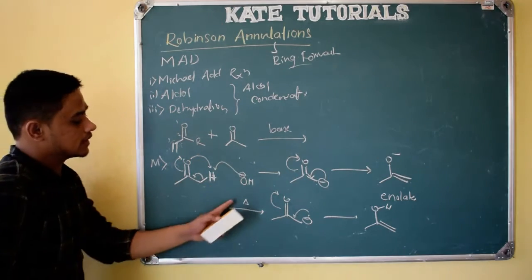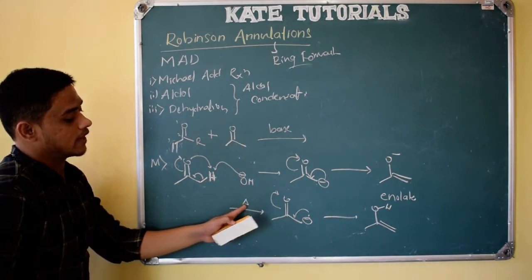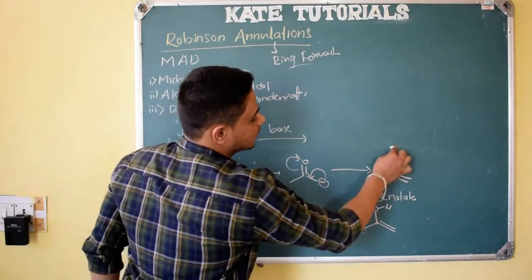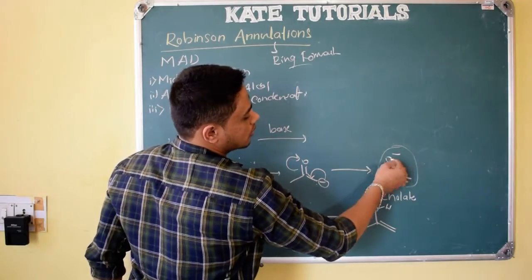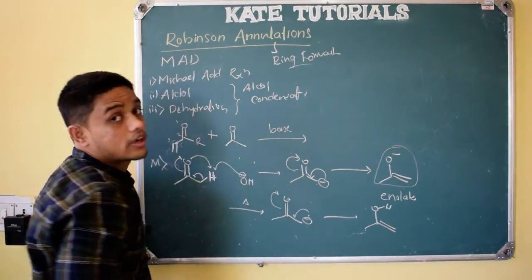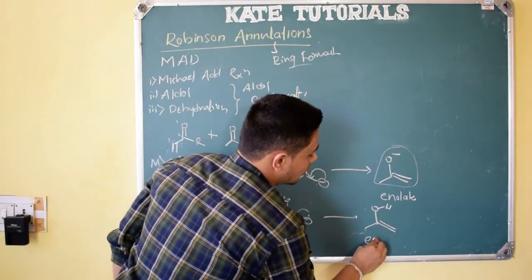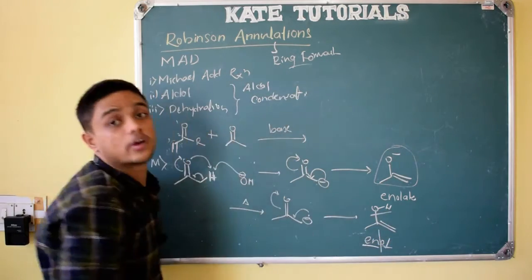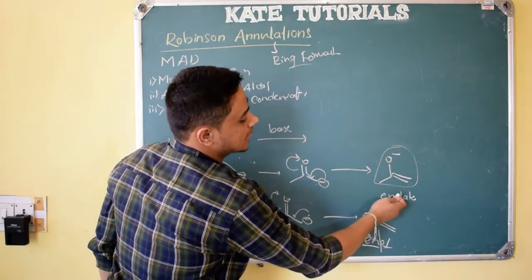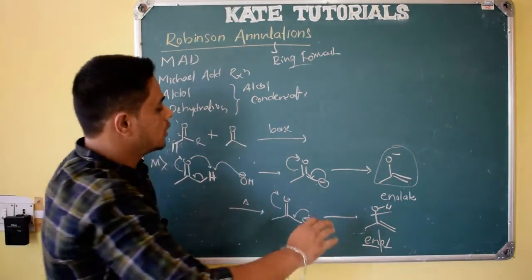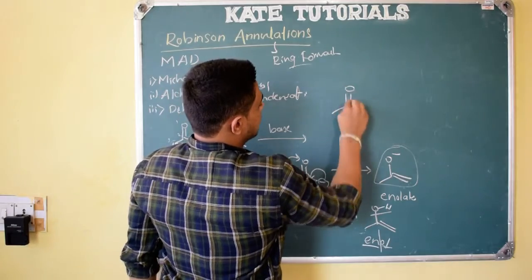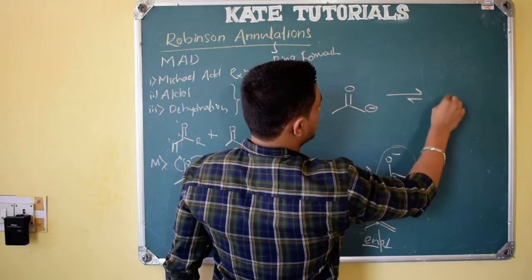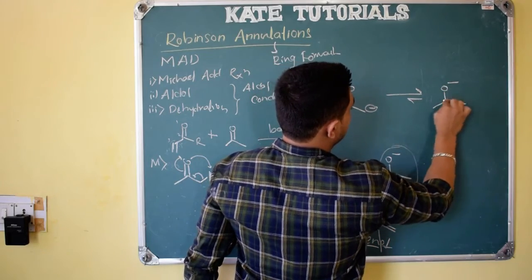Same thing. In the absence of base, when I heat, the reaction is carried out in thermodynamic condition, I will get this. If the negative charge is there on the compound, on oxygen or carbon, that is called enolate, right? And this is called enol. En stands for double bond. Ol stands for alcohol group, OH group, right? So this is enol, whereas this is enolate. Also many students will write C double bond O negative. This is wrong. The equilibrium will be more towards the oxygen side compared to the carbon.